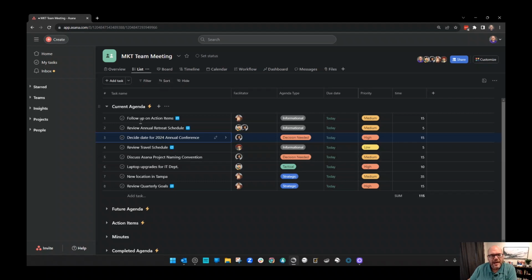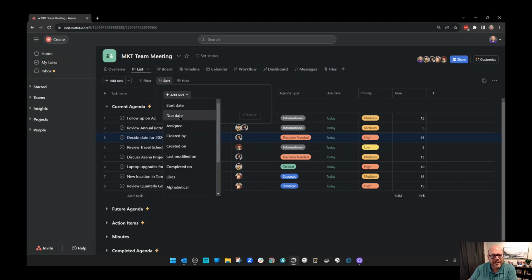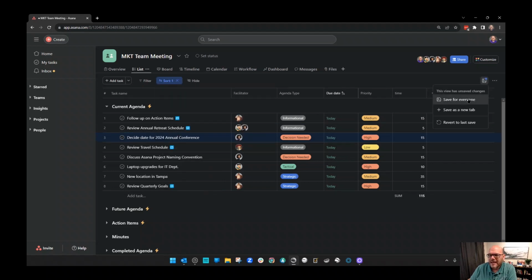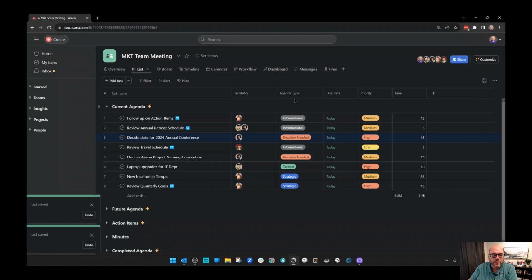and so I keep that sort turned off. Of course, the other thing that I will do is once I have set a particular setup or something like that, I will come in here, and if I turn this sort off, I'll come in here and just click this save button and save for everyone so that everyone knows kind of what we're going to be doing. So I'll save that. If for some reason we really wanted to have to look at all this data differently, let's say that we wanted to filter by a particular